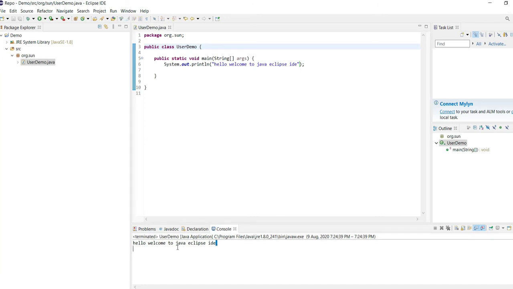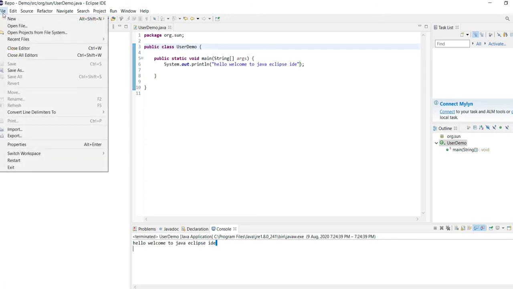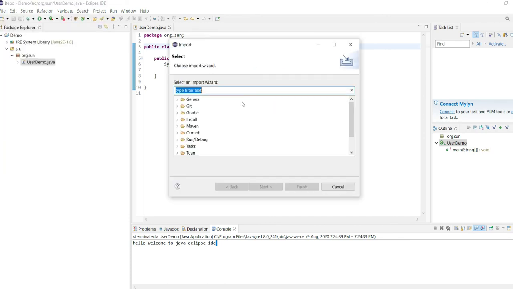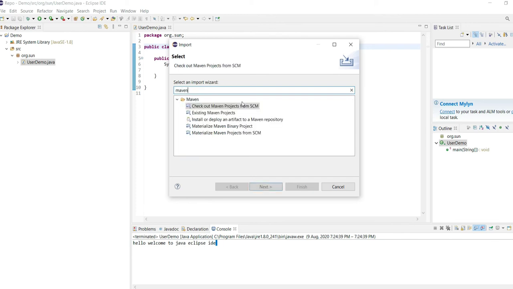So Welcome to Java Eclipse IDE, that is what I printed in the print statement, and it's displaying in the console. So that is pretty much about hello world with Eclipse installation. Yeah, let me create one Spring application. So file, import. I am importing some Spring Boot application, and let's make sure that is also working with some server and jars. So I'm taking Maven project, existing Maven project,